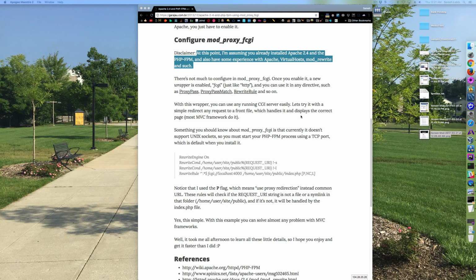This page turned out to be useful in that it teaches me, or at least gives me an idea about how to use proxy pass match when my application is an MVC application. What it says up here is that with this wrapper, let's try it with a simple redirect. This down here basically redirects any request to the front controller or front file, whatever you want to call it,